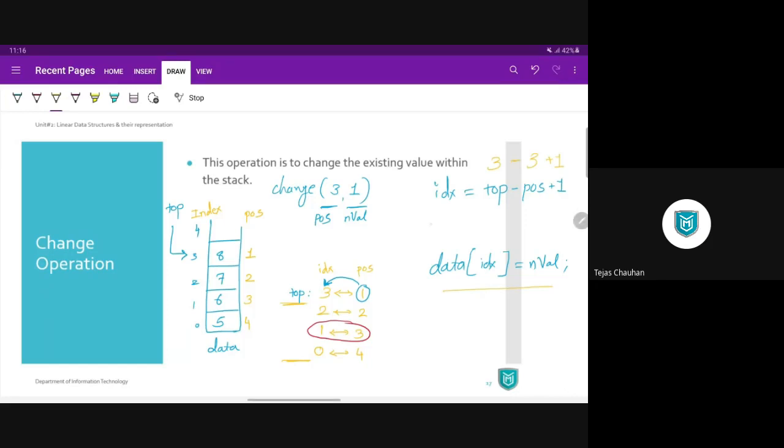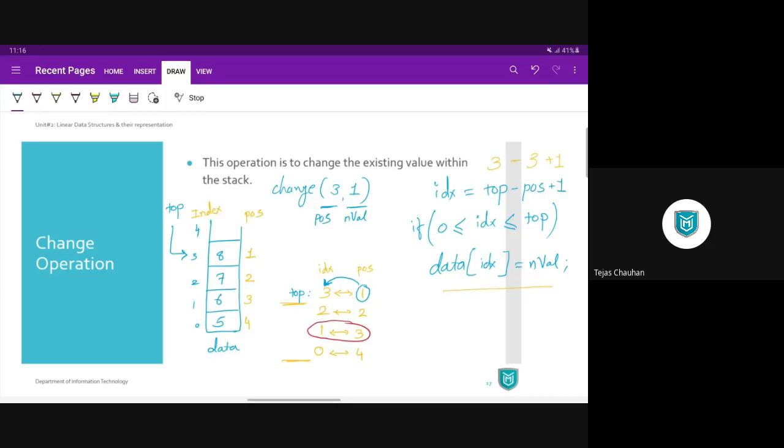So your idx must be in a range of 0 to top, and both these are inclusive. So that should be your test condition to check the validity of calculated index. Otherwise, it's invalid position given by user. That's it.